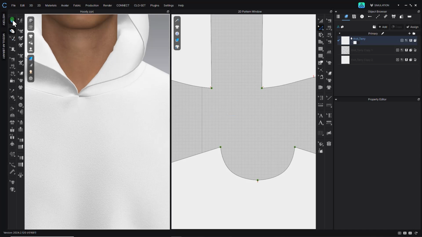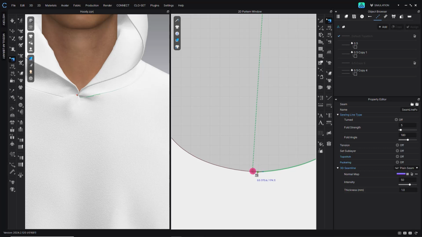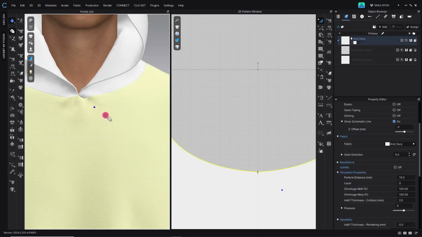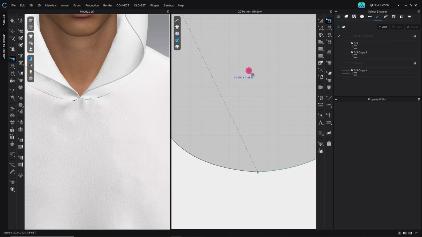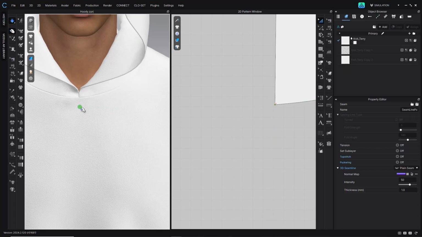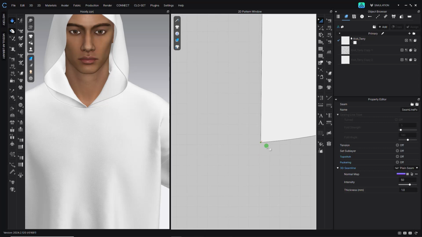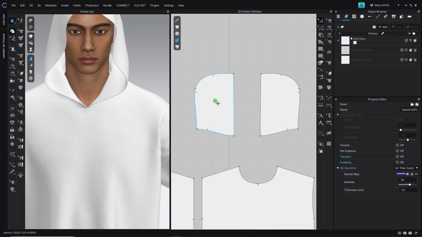Cool. See, the sewing line is still messed up and still overlapping. So I need to join those at the center front. Let's see what that looks like. Still a bit funky. What's going on there? Something to do with the sewing lines. Oh, there we go. Okay, so that needs to go to the corner point. And there we are. Now that they meet right in the middle, what I'm going to do,